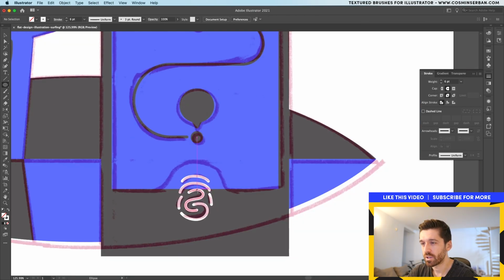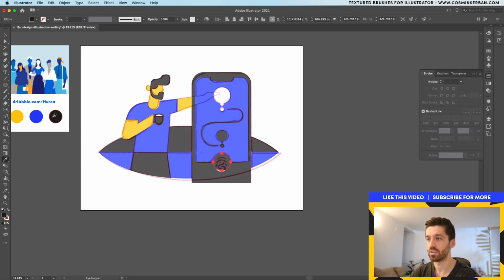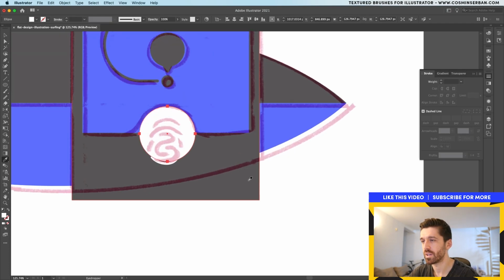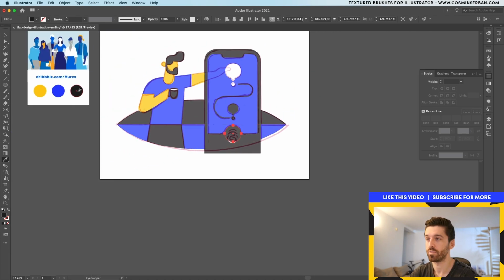For the final element, I'm actually going to have a rounded circle. I'm going to sample the same color. If you're going to sample this color, sometimes it doesn't do a good job, right? Just because you have the sketch on top. So instead of that, I always try to sample these colors.